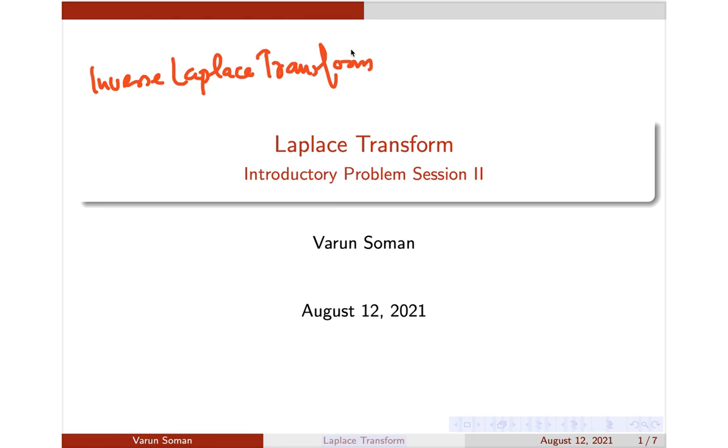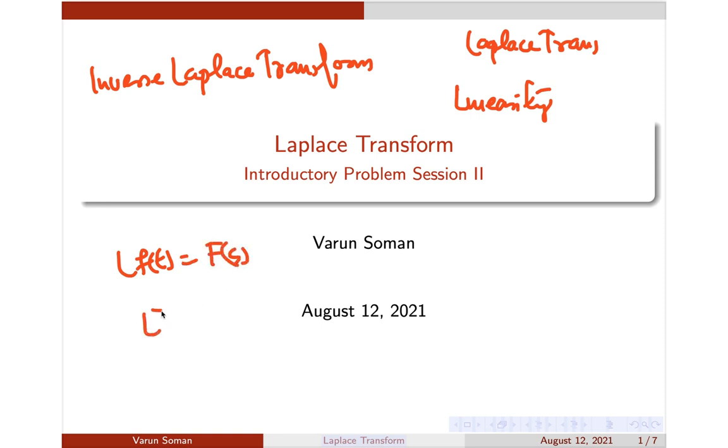In this session, we will mainly be using the Laplace transform formula table, plus we will also be using the linearity property. That means the inverse Laplace transform also satisfies the linearity property. As I told you, if L of f of t is equal to some capital F of s, we know that L inverse of F of s is equal to the small f of t. That is, if F of s is the Laplace transform of this function f of t, we say that f of t is the inverse Laplace transform of this capital F of s. Just like the Laplace transform, the inverse Laplace transform also satisfies the linearity property, and it is very important for us to understand this while doing problems.